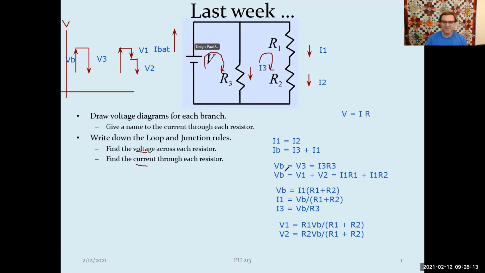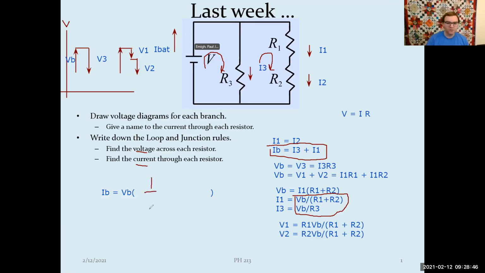The last thing that I want to do here is back solve for the current through the battery. Didn't actually ask you to think about that one, but I wanted to figure it out anyway. So I'm going to add together these two currents right here, I1 and I3. And you'll notice one interesting thing, which is that both of those currents depend on the battery voltage. So I can factor that out. So I'm looking for the battery current. This is going to give me the battery voltage times,